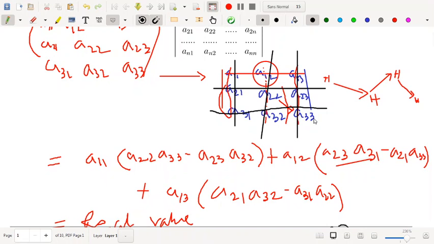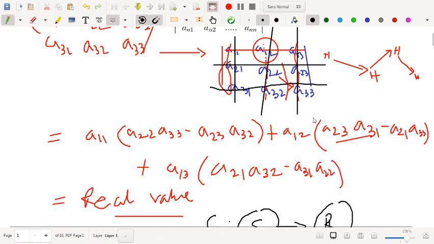So there are 6 ways to expand the determinant, but usually we always use the first row, because it is very easy to consider the first row, and likewise the first column, second column, third column. So we usually use the first row to expand the determinant. Otherwise, there are 6 possible ways to expand the determinant. Got it? So, this is the way.